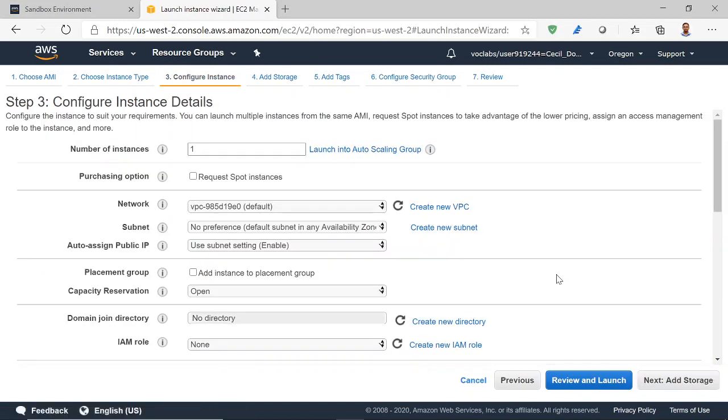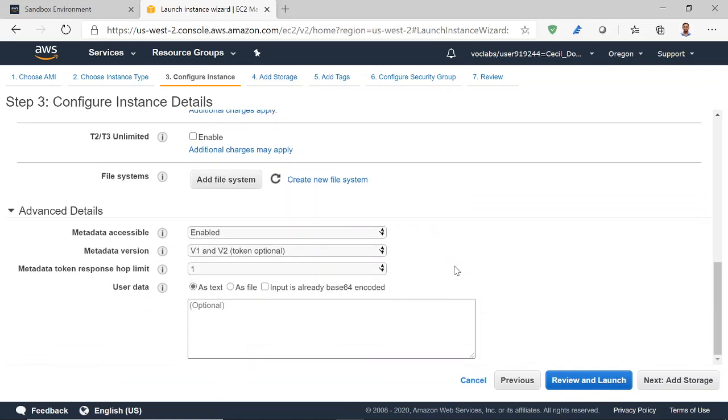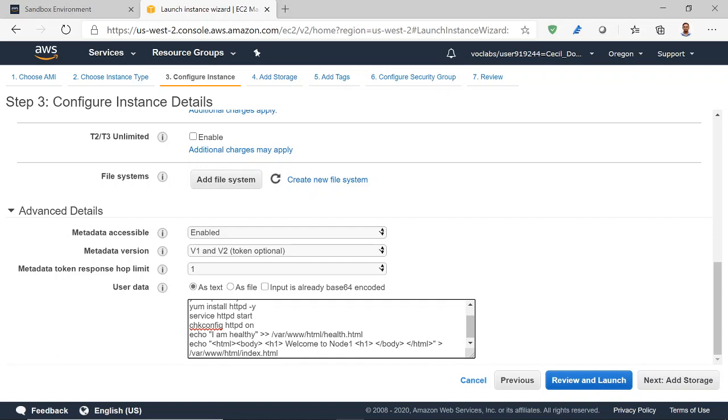And here we have step 3, and I'm not going to change any of the default parameters, but I just want to add a bit of code. I will tell you what that particular code is about. This is code where you are going to run a web server, like an Apache server, since we are using some PHP code.